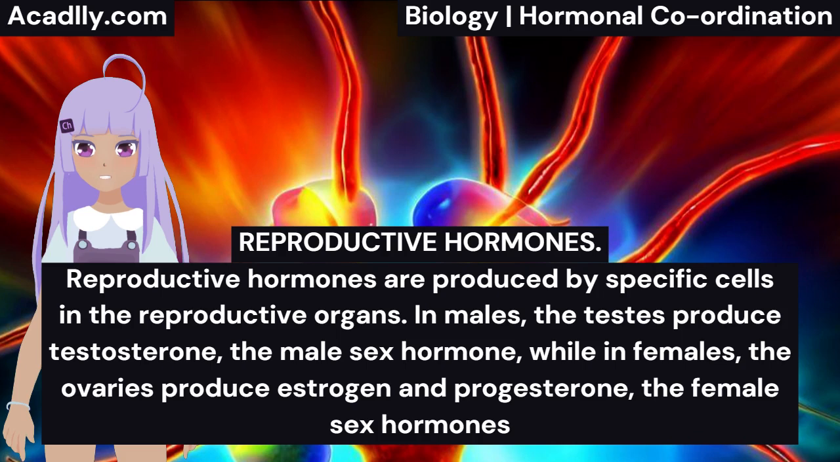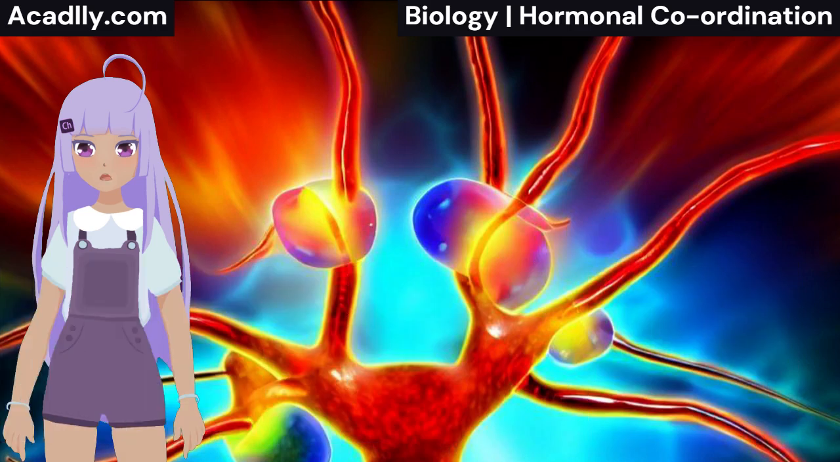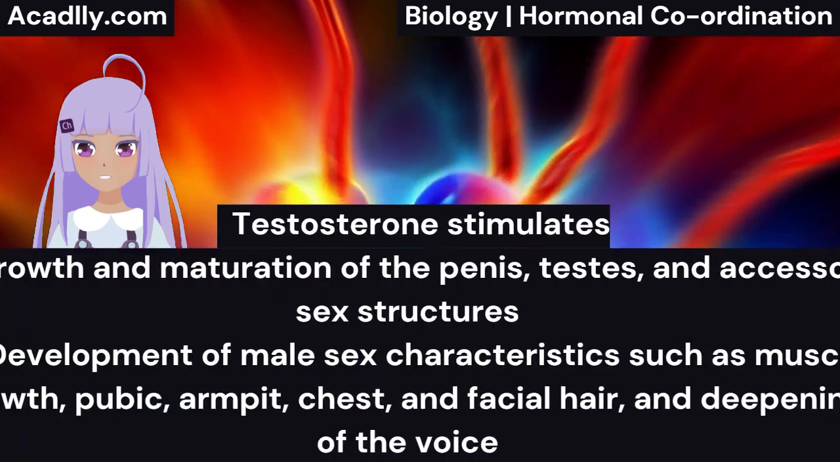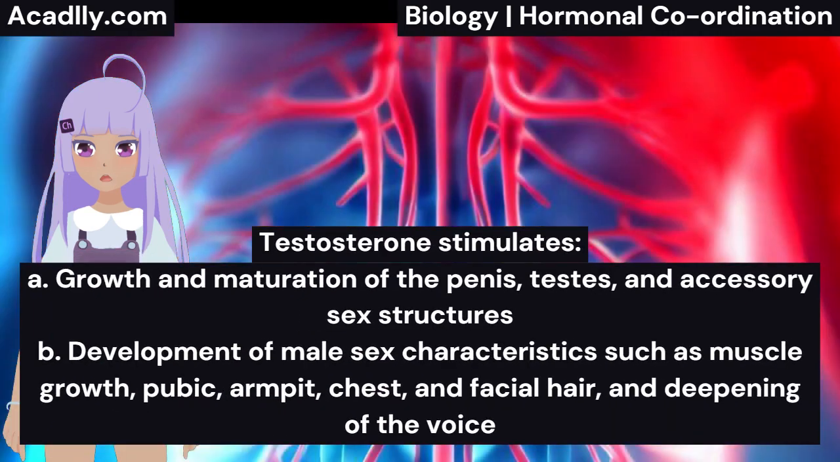Reproductive hormones are produced by specific cells in the reproductive organs. In males, the testes produce testosterone, the male sex hormone, while in females, the ovaries produce estrogen and progesterone, the female sex hormones. Testosterone stimulates A. Growth and maturation of the penis, testes, and accessory sex structures. B. Development of male sex characteristics such as muscle growth, pubic, armpit, chest, and facial hair, and deepening of the